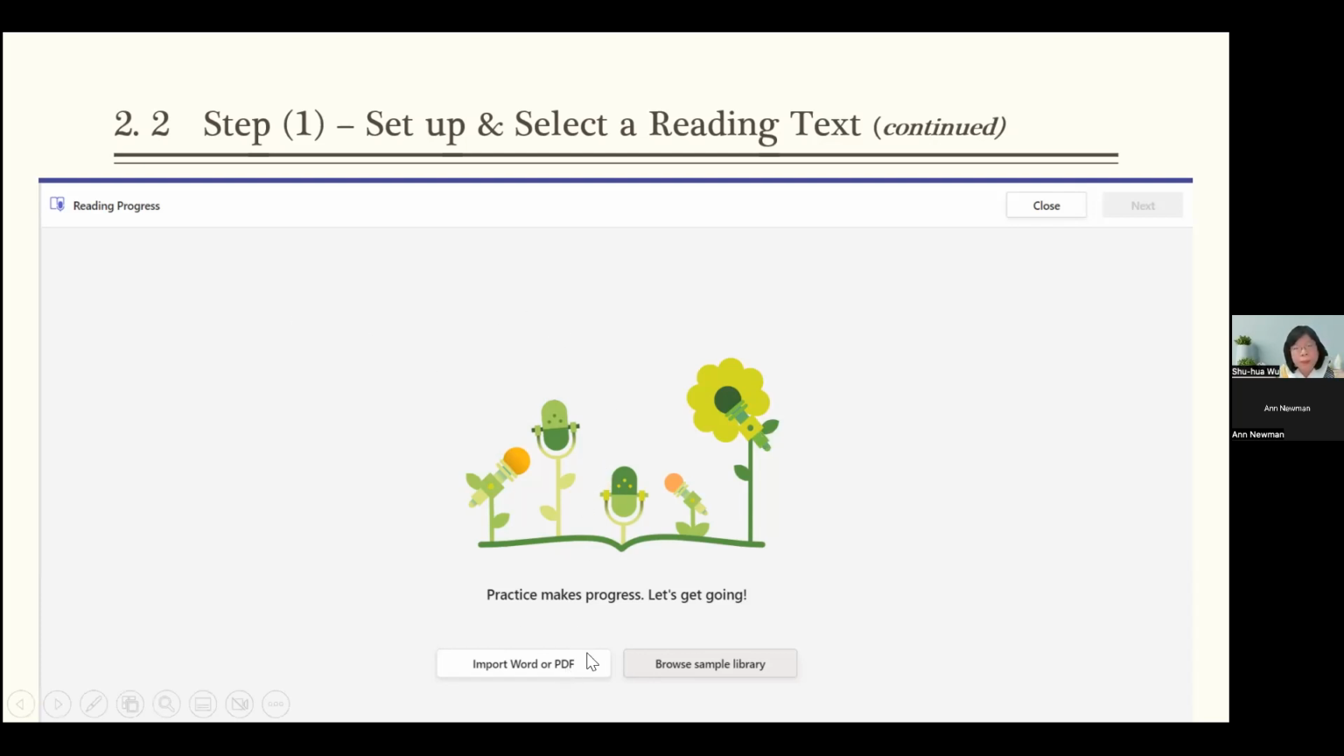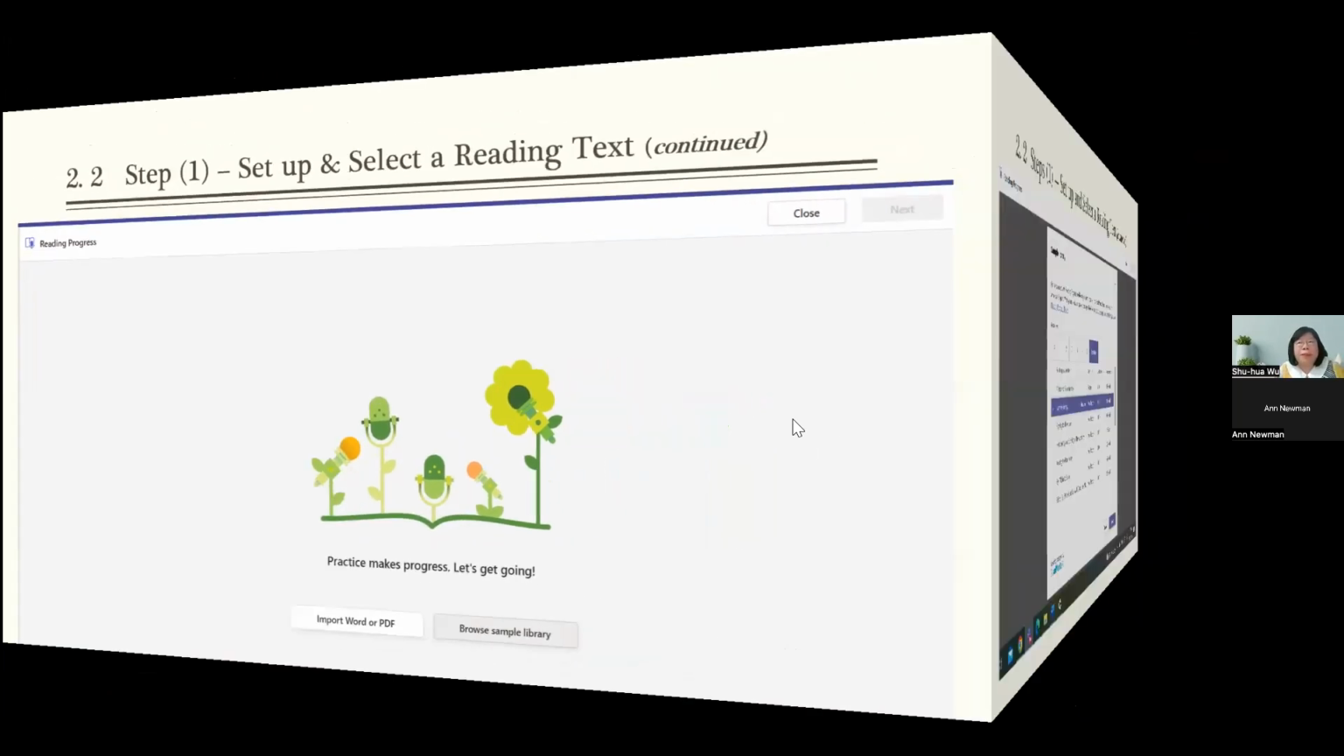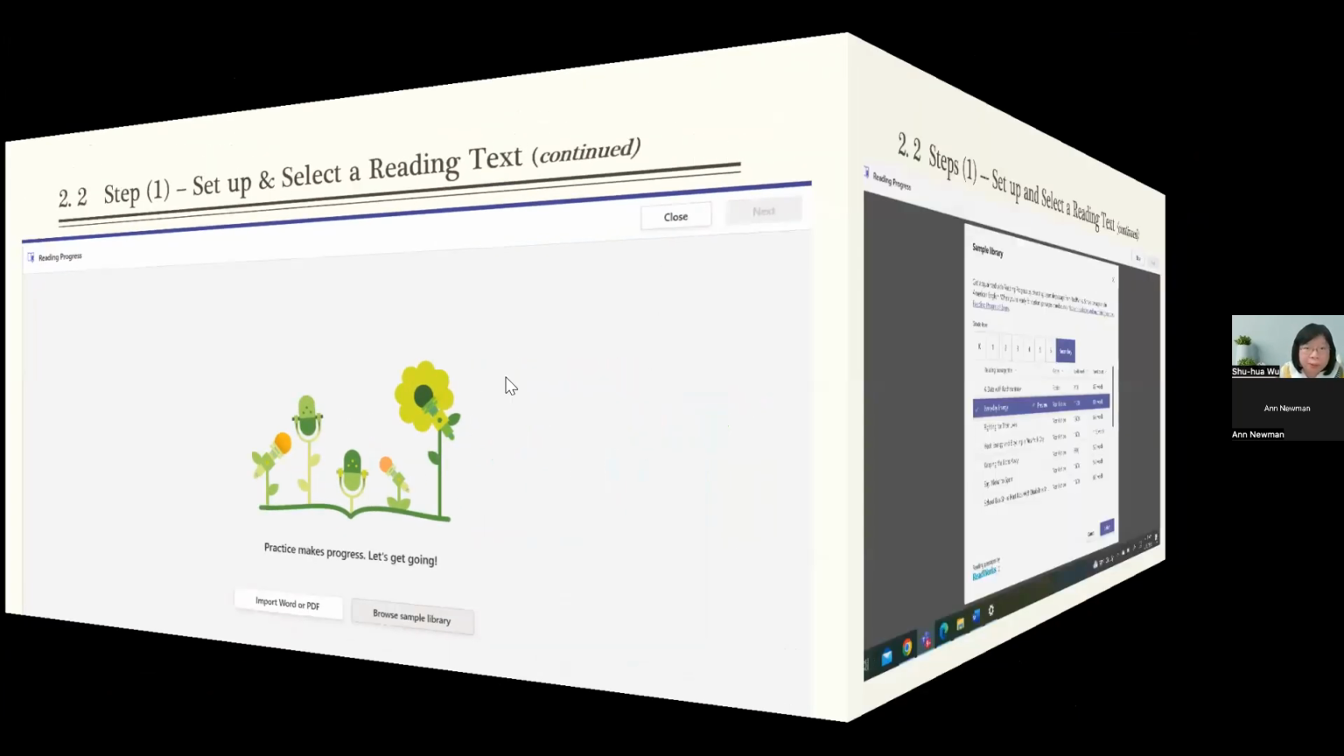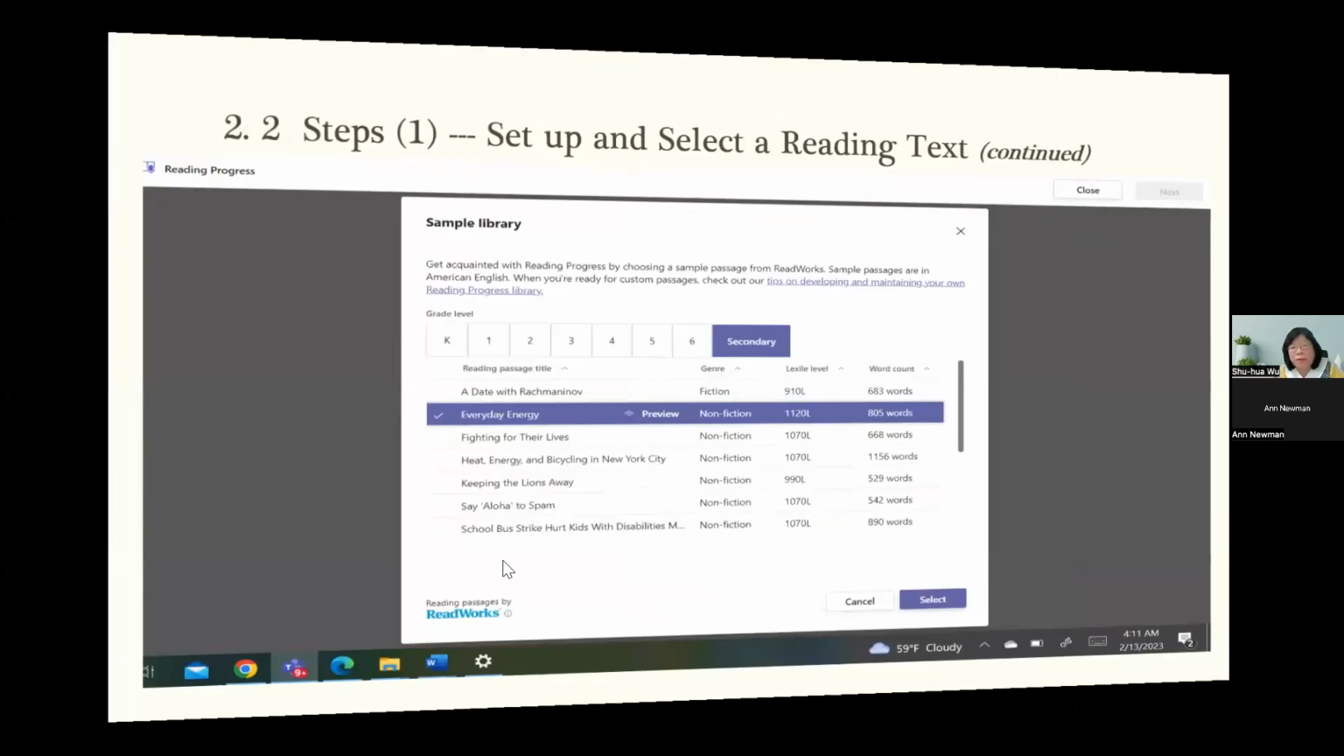Okay, so now here we will look at how we choose the reading test. There are 2 options for all the teachers, including myself. You can import your own Word or PDF reading test. And the second option is that you can browse the sample library provided by Reading Progress. For this demonstration purpose, we will take a look at